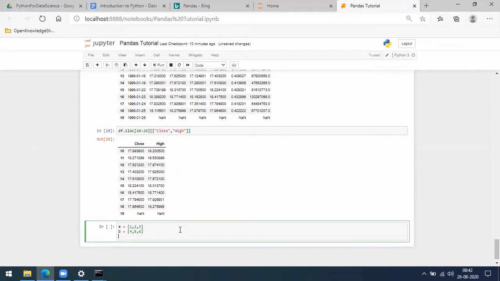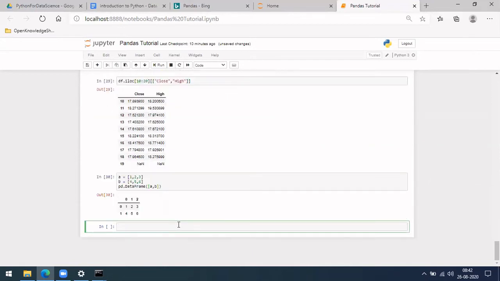I want to make it a data frame with columns a and b. How you can do it is pd dot DataFrame of a comma b. Let me do it and then I'll show.